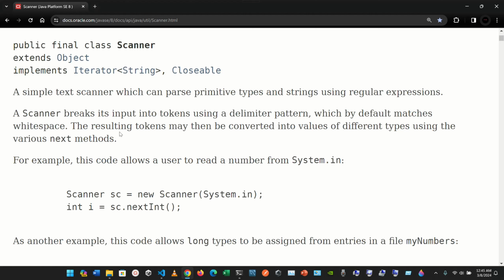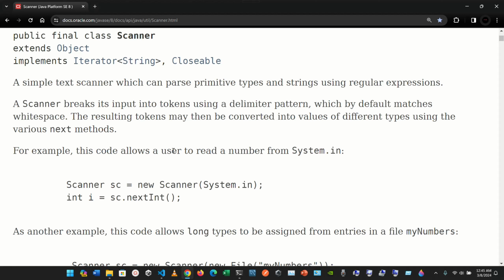A scanner breaks its input into tokens using a delimiter pattern, which by default matches white space. The resulting tokens may then be converted into values of different types using the various next methods. For example, this code allows the user to read a number from System.in. So this is what we are doing. We're going to read a number from the